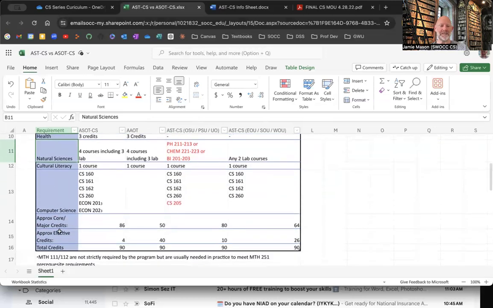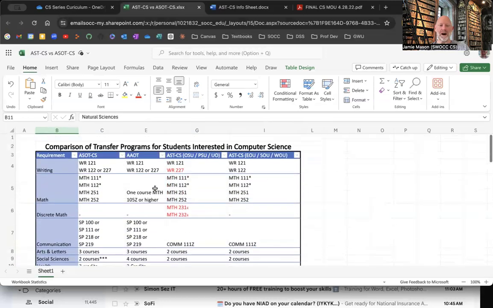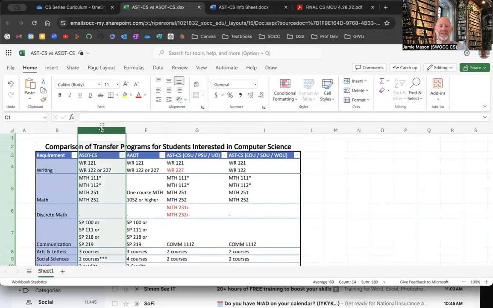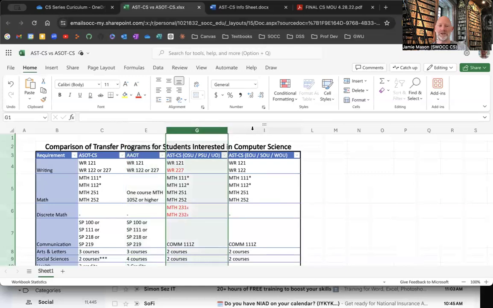Okay, so that's why we say approximate, because it just depends on which specific courses you end up selecting. Okay, so those are the overall options. These two, if you're currently an ASOT-CS or AAOT, you can stick with that program if you want to and graduate with that one. Although I would recommend that you switch to one of the new ones just because I